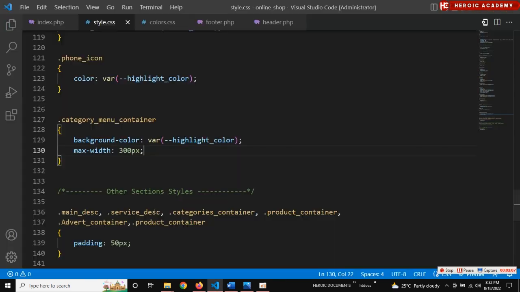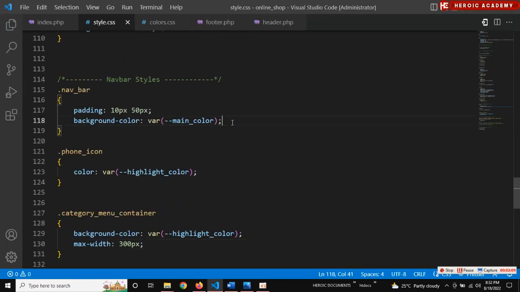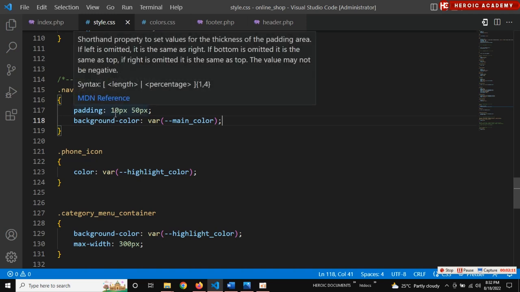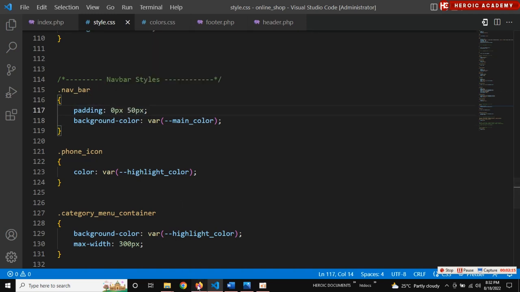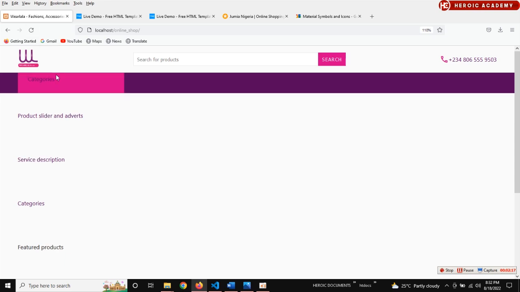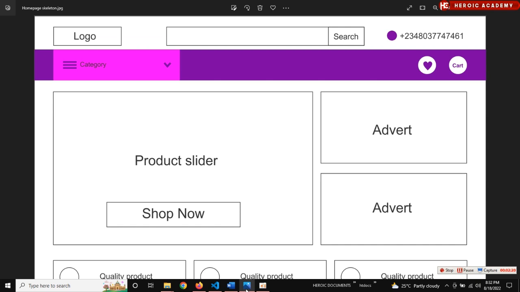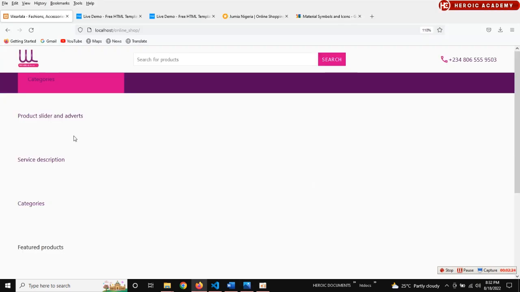Okay, so go back to the nav bar, remove padding. See this padding, remove padding top and bottom, make it 0. Padding top and bottom. Yeah, do you see how it is now? Do you see how this one is? Yeah, good, you are getting there. All right, then